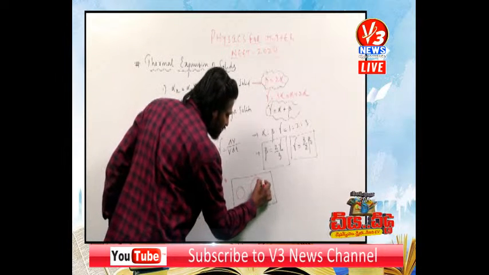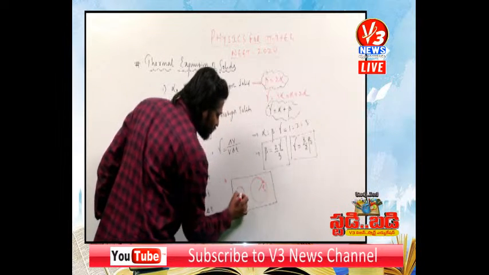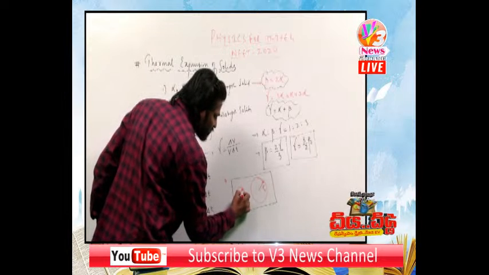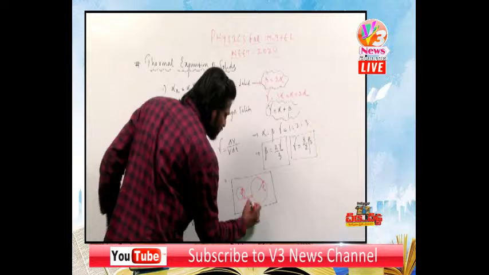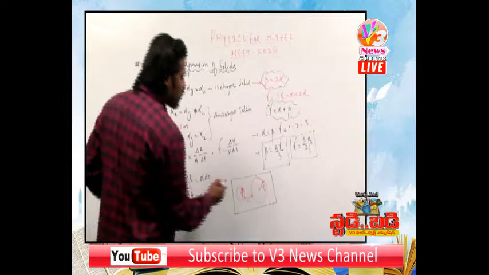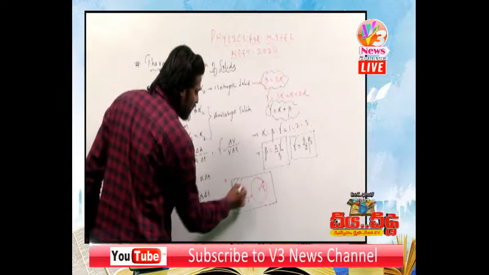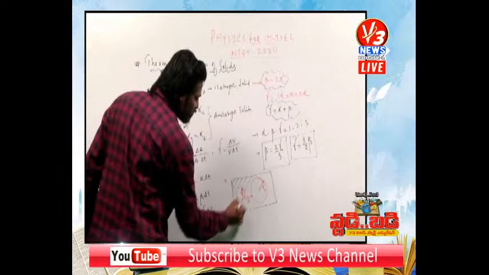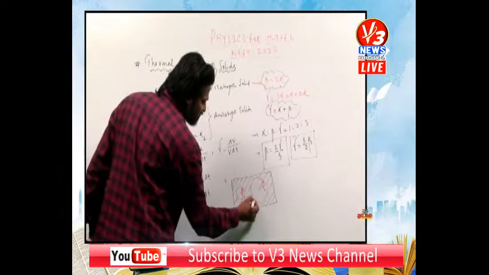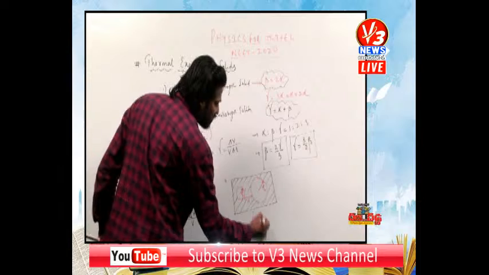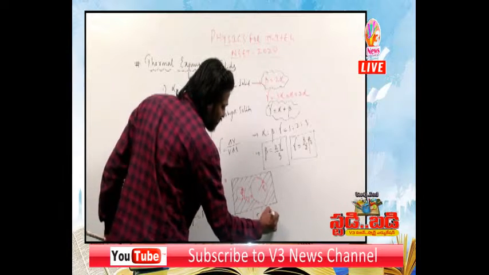From here to here, this radius is, say, R2, and from here to here, this radius is R1, and the distance between them is D. This is totally a metal plate, consisting of n number of atoms. The moment we try to heat it,